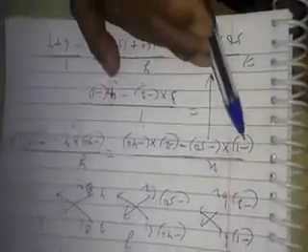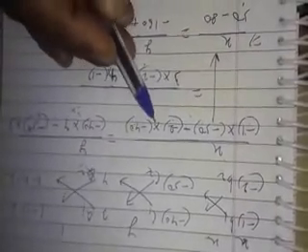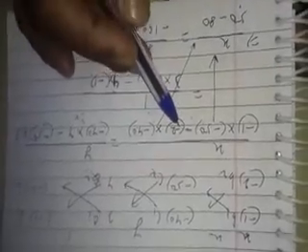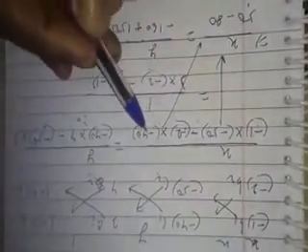Now the last one, 1 by A1 B2, that is 3 into minus 2, and A2 B1, that is 4 into minus 1. Now by simplifying this, we get minus 1 to minus 50 will give us 50, then minus sign, and minus 2 into minus 40 will give us minus 80, because this negative and this negative become positive. So it has become 50 minus 80.